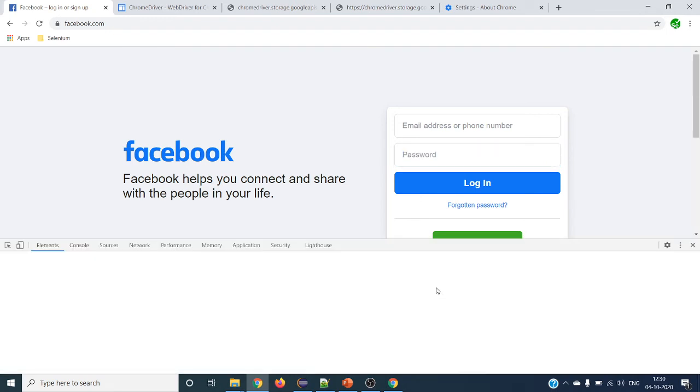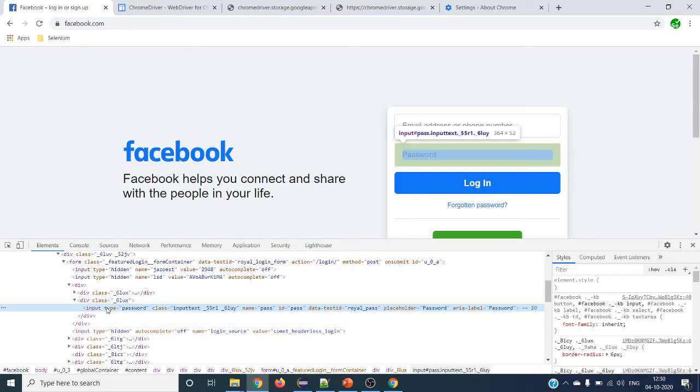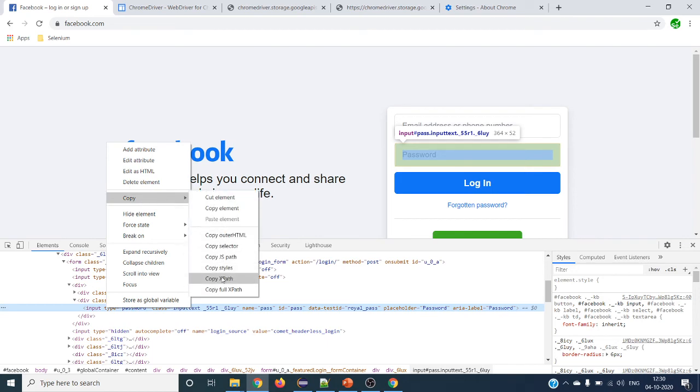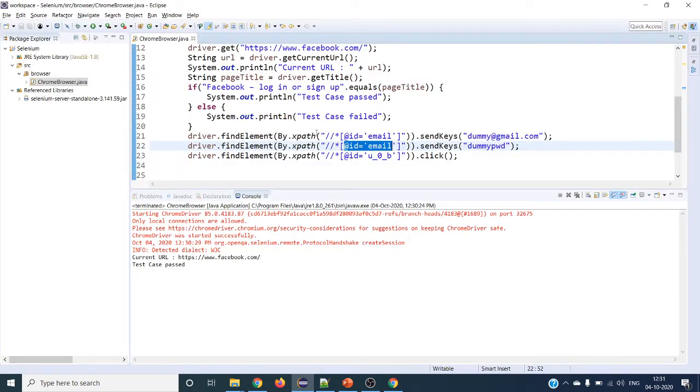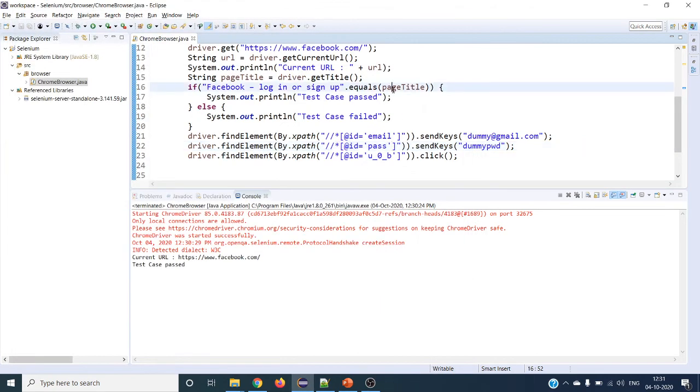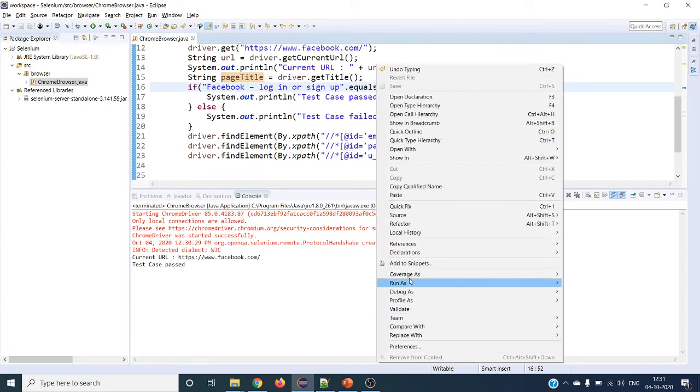Right click, inspect. You can see here, right click, copy XPath. Give single quotes. It's a dummy password. Let's try now.